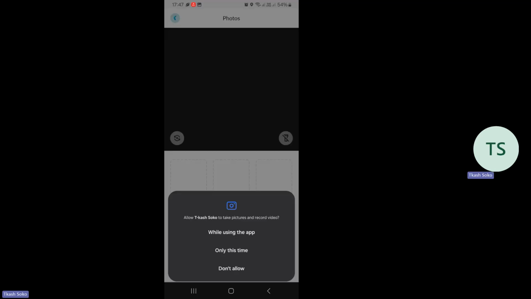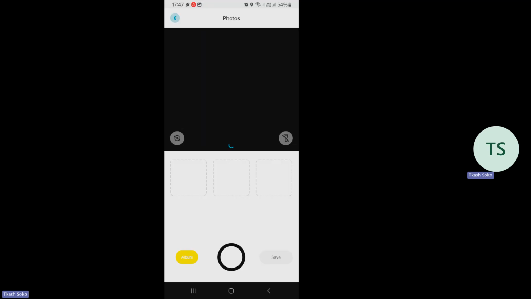Once you have tapped it, it brings you to this screen. So you just allow it to take pictures. You can either take a picture with your phone, directing the camera to the information you want to capture at that instance, or you can go to the album, and I'll choose the album option because I have pre-existing pictures.